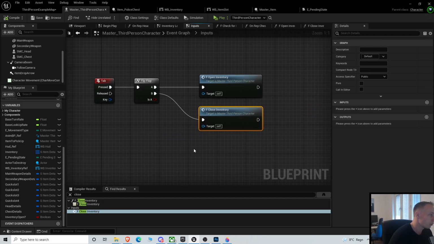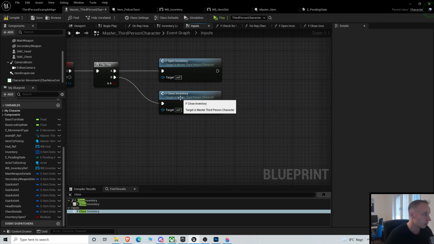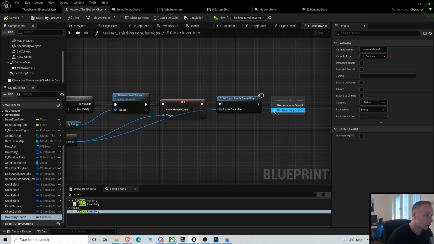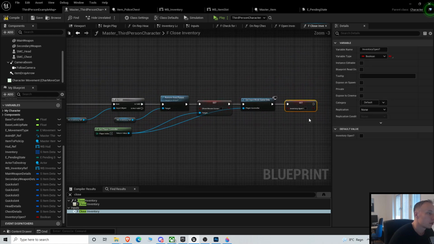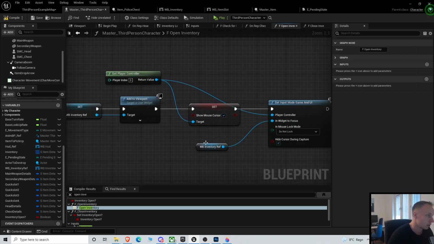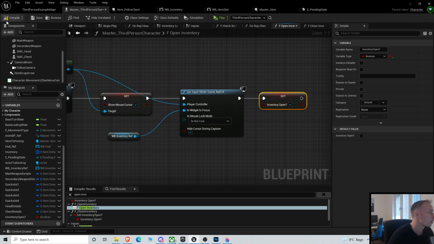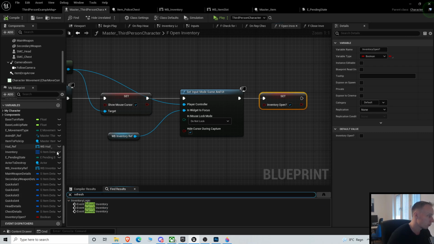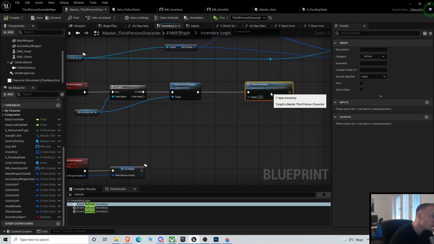Okay, so in the close inventory, actually copy this one. In the close inventory, we set inventory open to false, and in the open inventory we set the inventory open to true, and in the refresh inventory we only open inventory